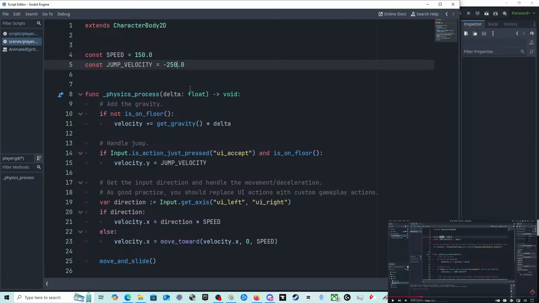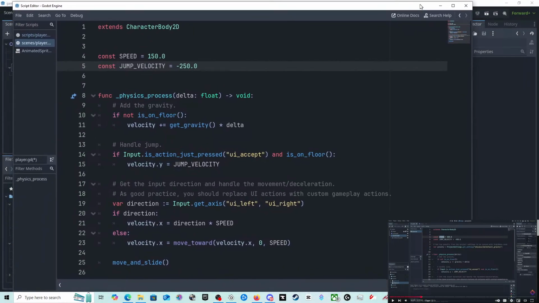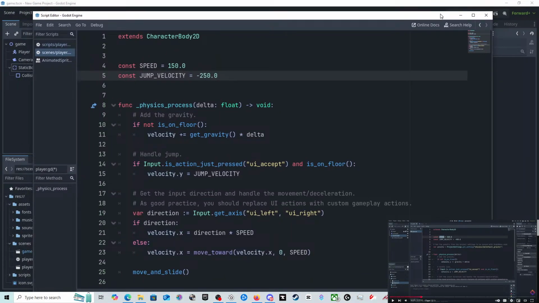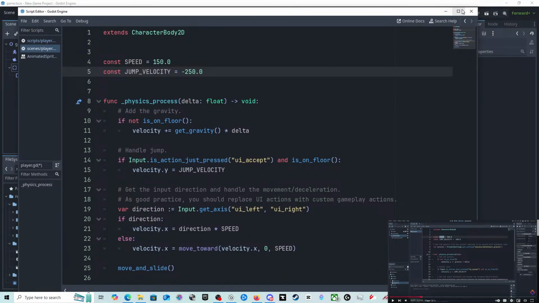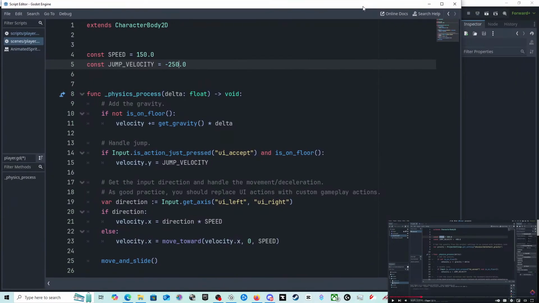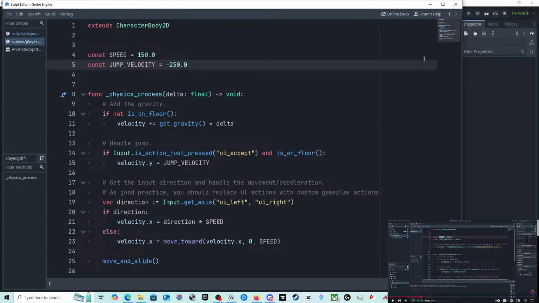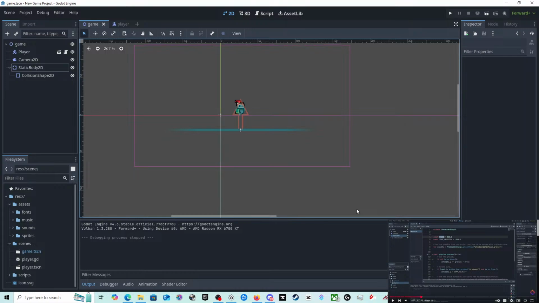Let's go to 50. Wait, you can't see this, can you? You can't see my script. Here you can. I'm being an idiot. All right. And then do I need to save it or is that auto save? We'll find out.